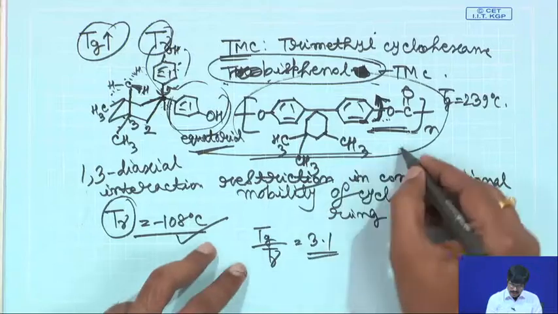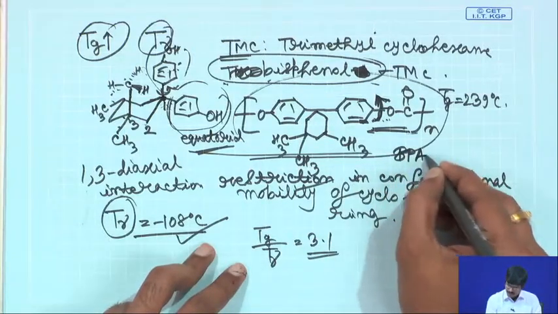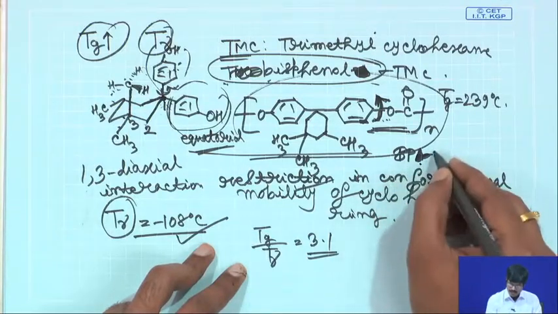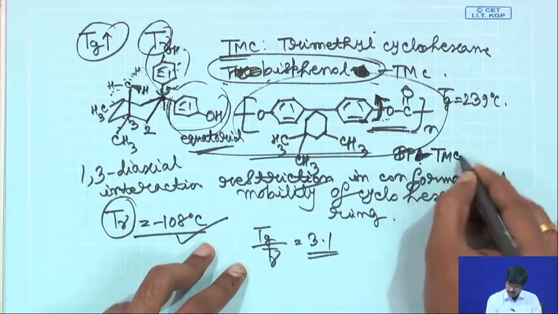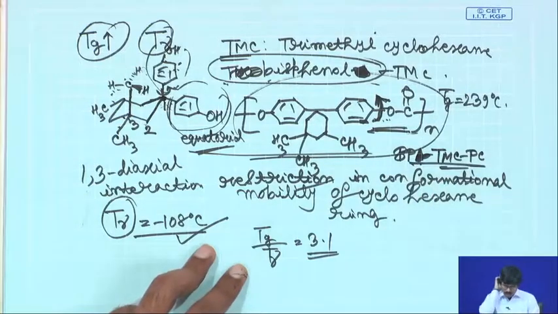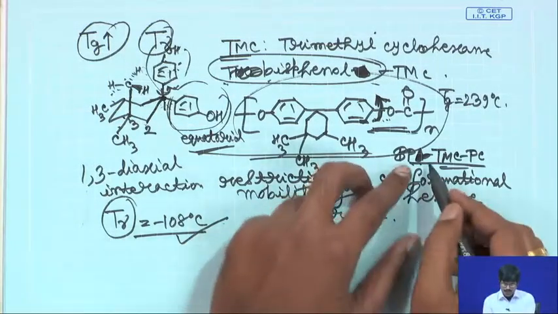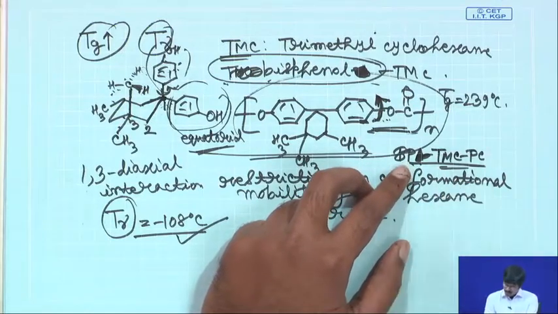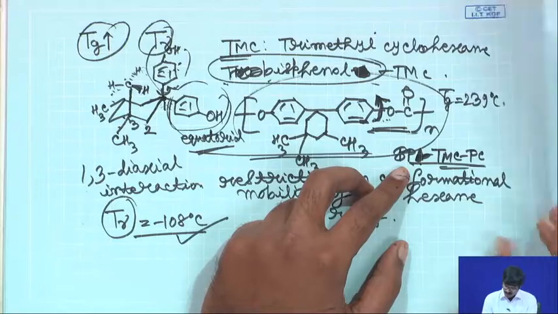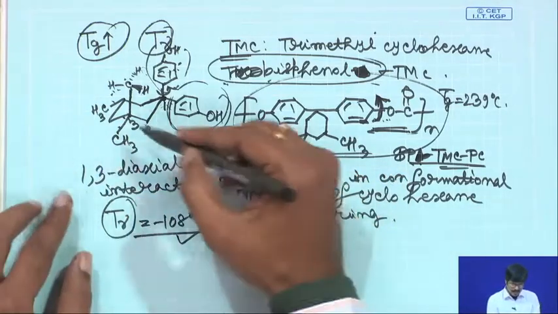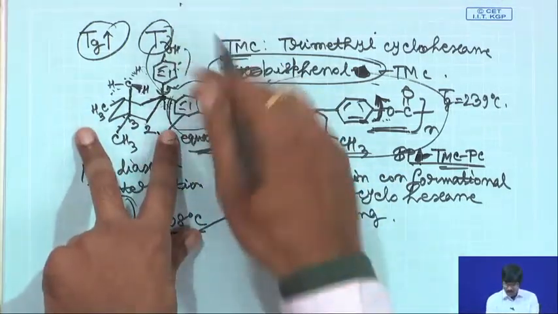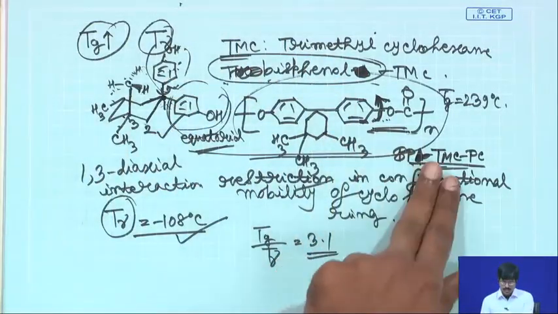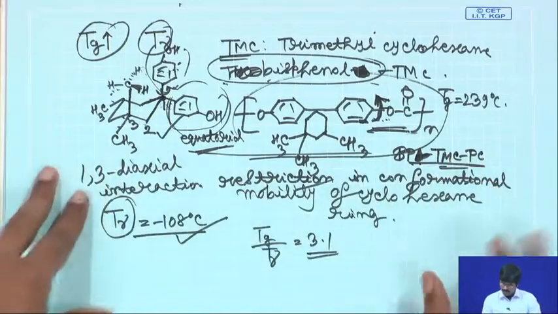So, basically then this is your BPA bisphenol, and instead this is not bisphenol A. So, this is bisphenol TMC polycarbonate. This bisphenol TMC polycarbonate can be produced in the same way as you produce your bisphenol A polycarbonate. Okay. So, the same interfacial polymerization process you could use. You can react the sodium salt of this monomer with phosgene and you can get your bisphenol trimethyl cyclohexane polycarbonate.